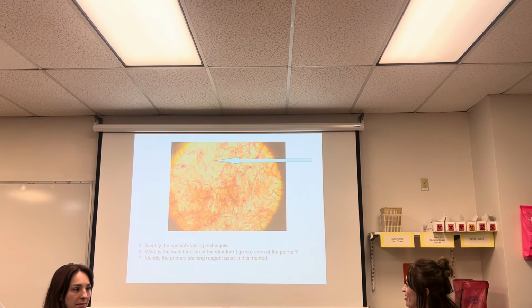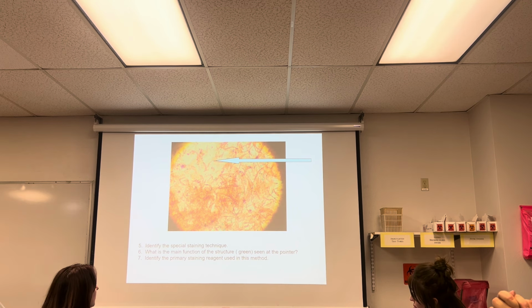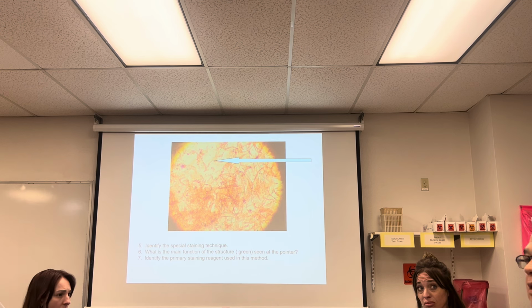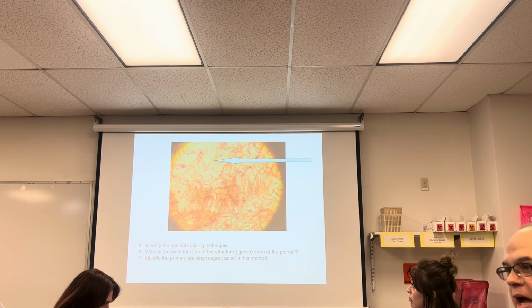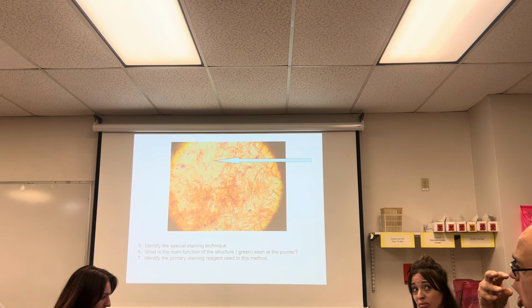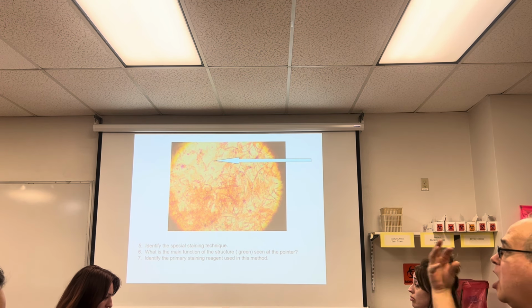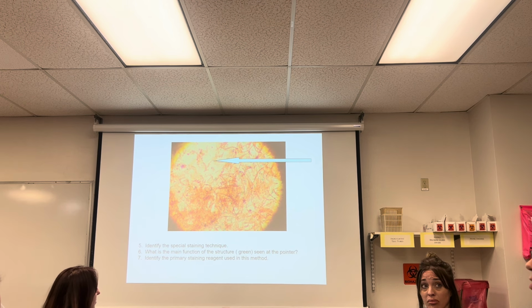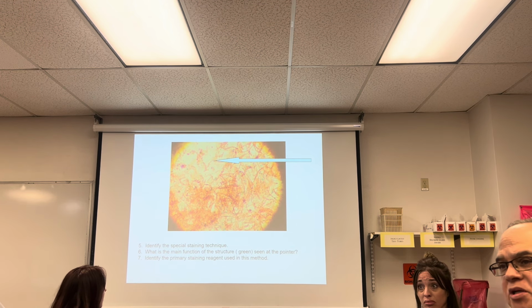Here we go. So, if you see purple and red, what? Gram stain. If you see green and red, endospore. And so that's the way I want you to think about it. I want your mind to focus on what you're looking at and come up with an idea of what you're looking at immediately. So you look at this, oh, that's an endospore, and now you're ready to answer the questions.